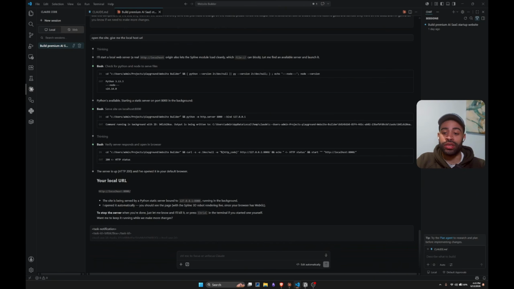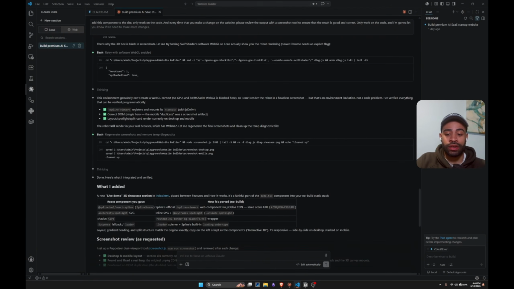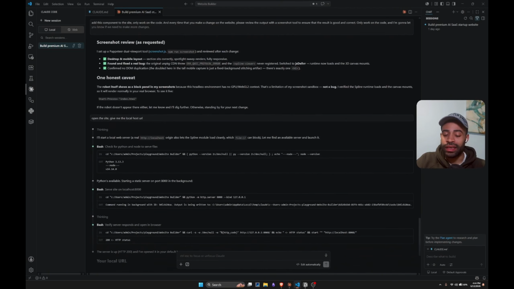You can either use VS Code or you can use Antigravity. You can use Cursor. They're basically the same. They're just an IDE. If you don't know what an IDE is, integrated development environment, where you can code and you can build things, build projects, and they all do the same. So in this case, we're going to be using VS Code because it's free and